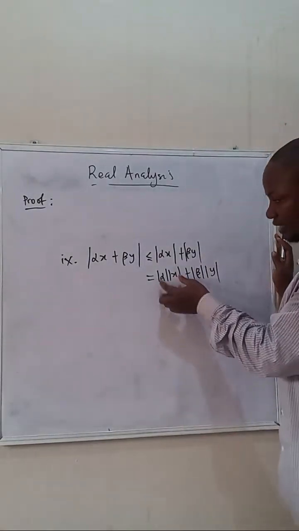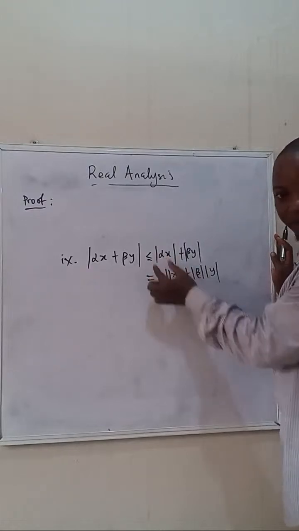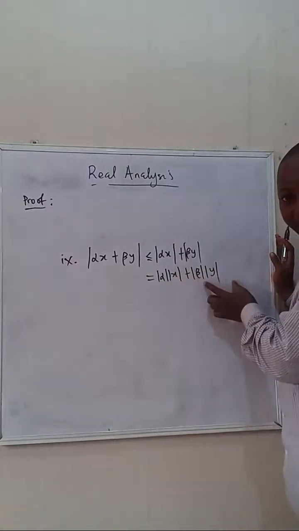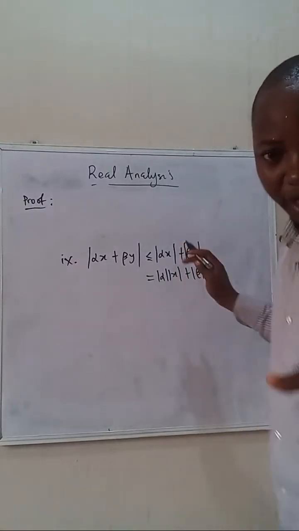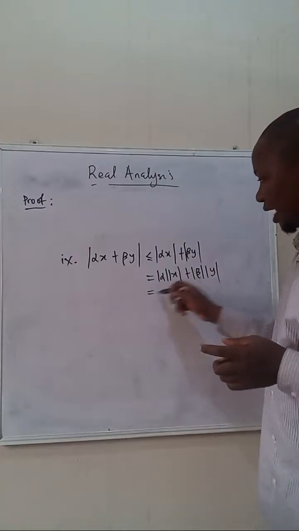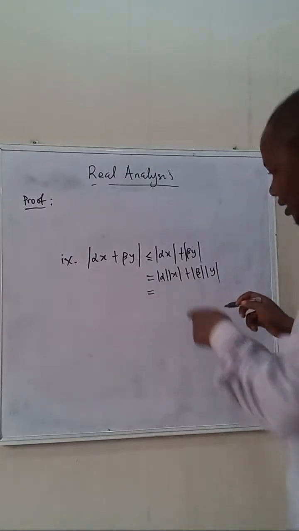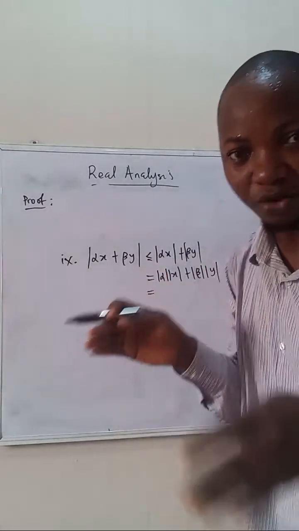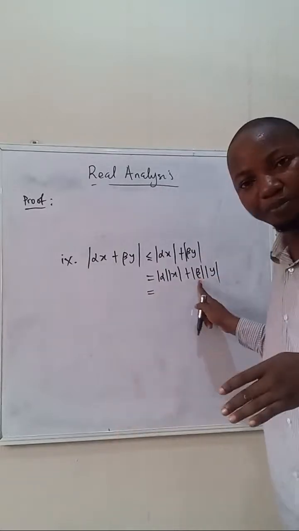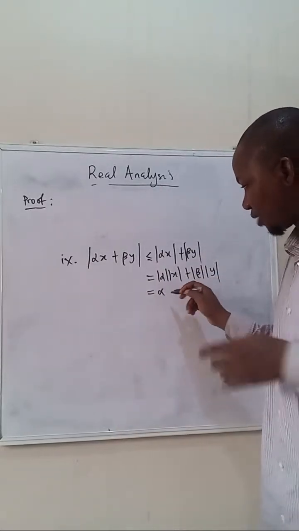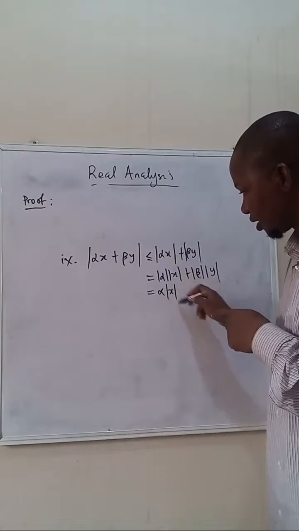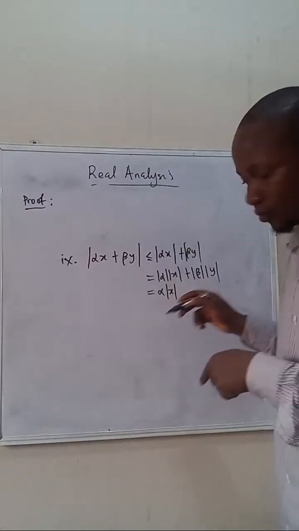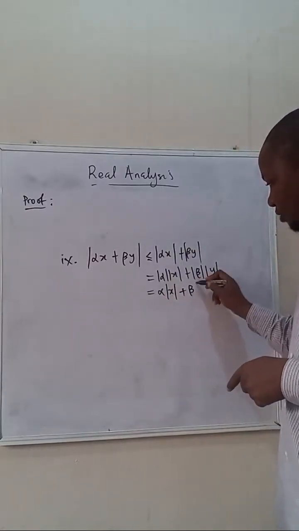So there is a property that says we can split this as alpha, and we can split this as x. You can also split this into two like this. There is a property that says so. Okay. So now, for the reason I just explained, I want to write this as alpha, just to show that it's a scalar. It's different from x and y, and similarly for beta. I'll be writing this as alpha. Then that x, because it's a variable, will be under the absolute value, and then I'll write this as beta.